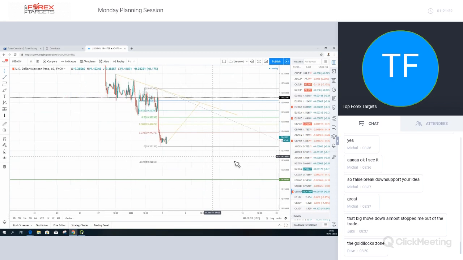So I'll be expecting it to do something like this and go into this kind of wedge-shaped pattern. Maybe it comes up, maybe it comes all the way up to the trend line, who knows, it doesn't really matter. And then we get, it has to be covered by what we go through. You don't want any false breakouts to the downside, otherwise you will get a false breakout to the downside, you'll move your stop loss down, and then it will come back and stop you out on both of them, and then you'll be throwing your computer out the window.